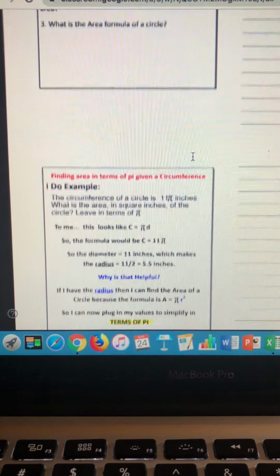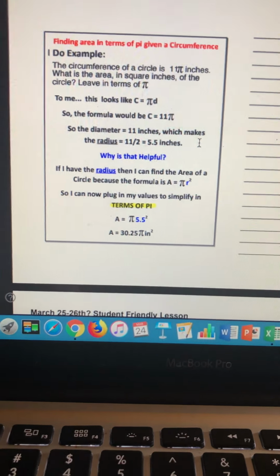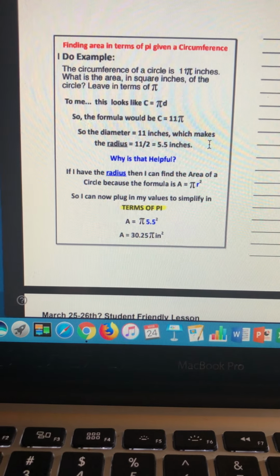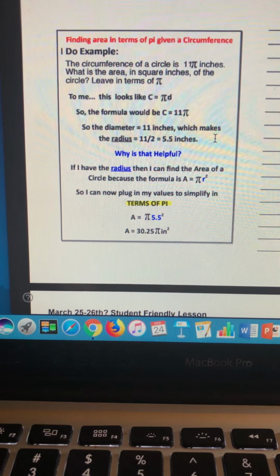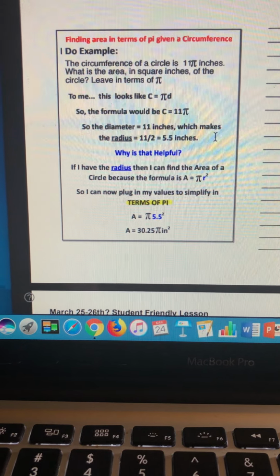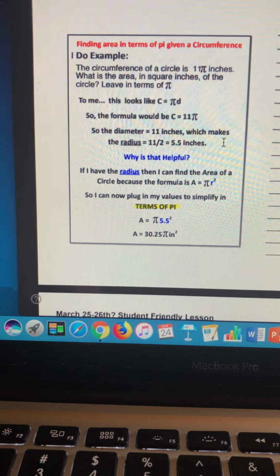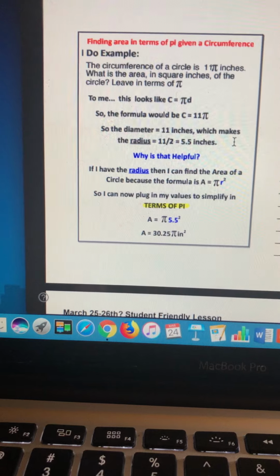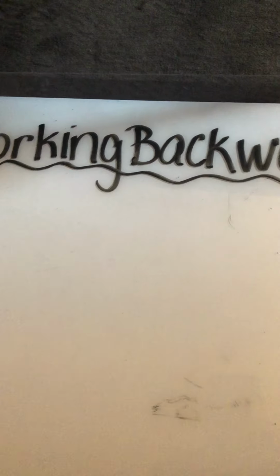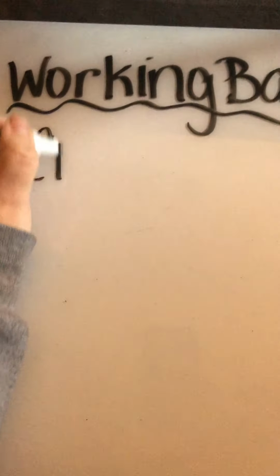This example takes you through what I modeled for you already in the last video, where it's finding area in terms of pi given a circumference. So I'm going to model this for you again just so that you really understand what's happening in this modeled example. Similar to what I just showed you, they're going to tell us that the circumference